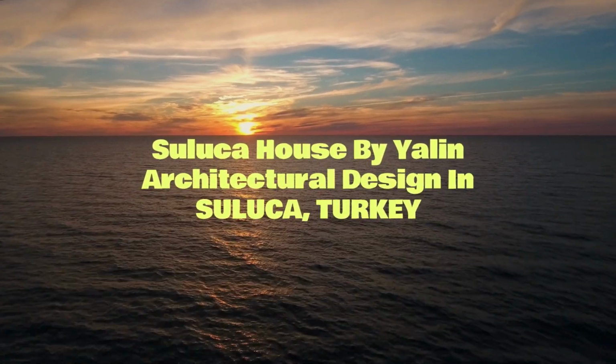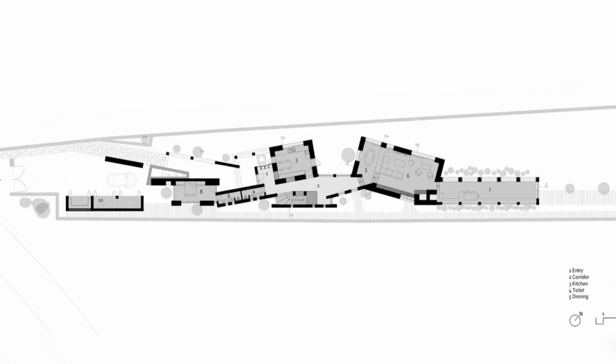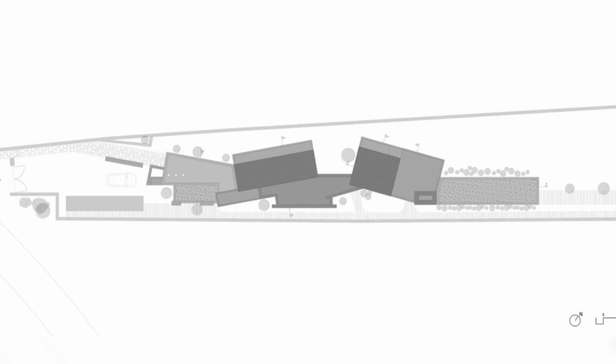Suluca House by Yalin Architectural Design in Suluca, Turkey. The project area is in Suluca village in Lapseki, at the northern end of Çanakkale province in Turkey. Ergin House is the residence of a small family, situated 500 meters away from the Dardanelles Strait which connects Aegean